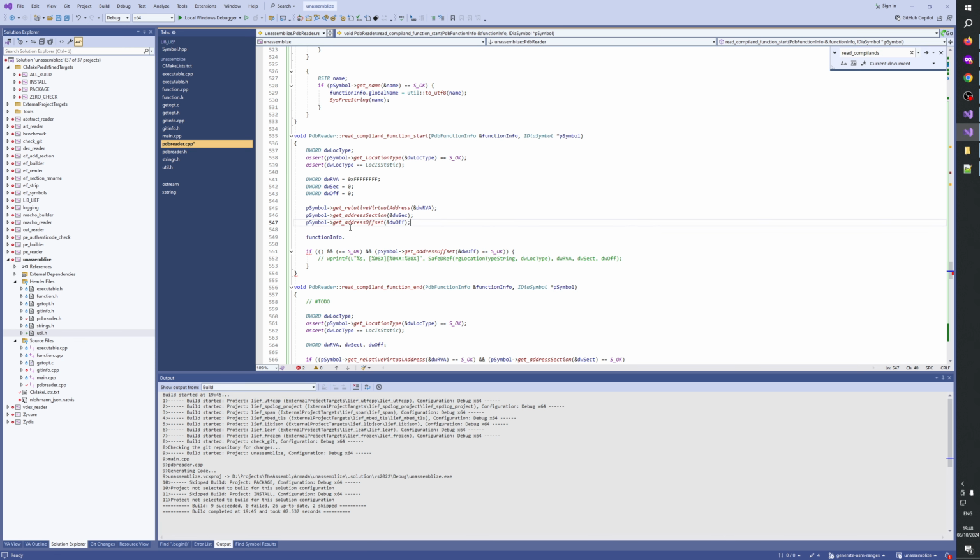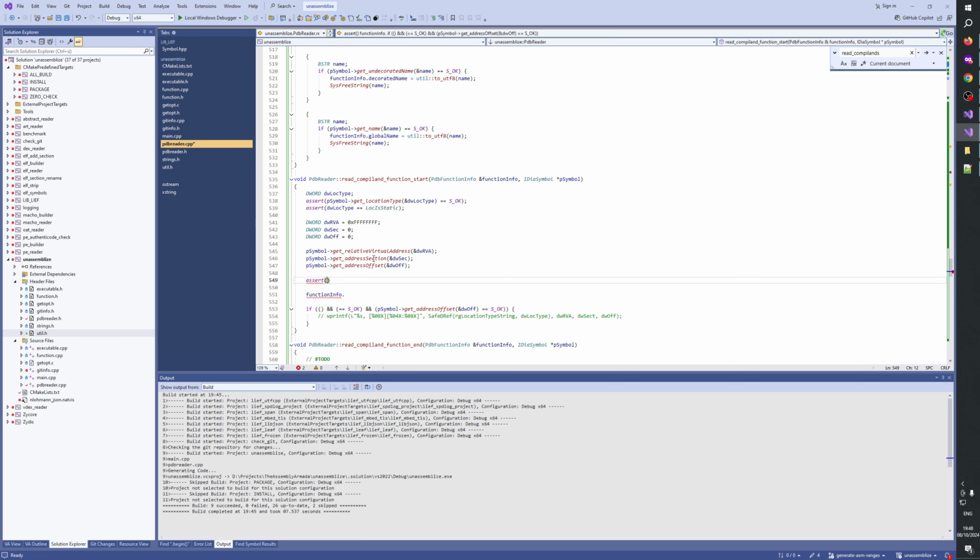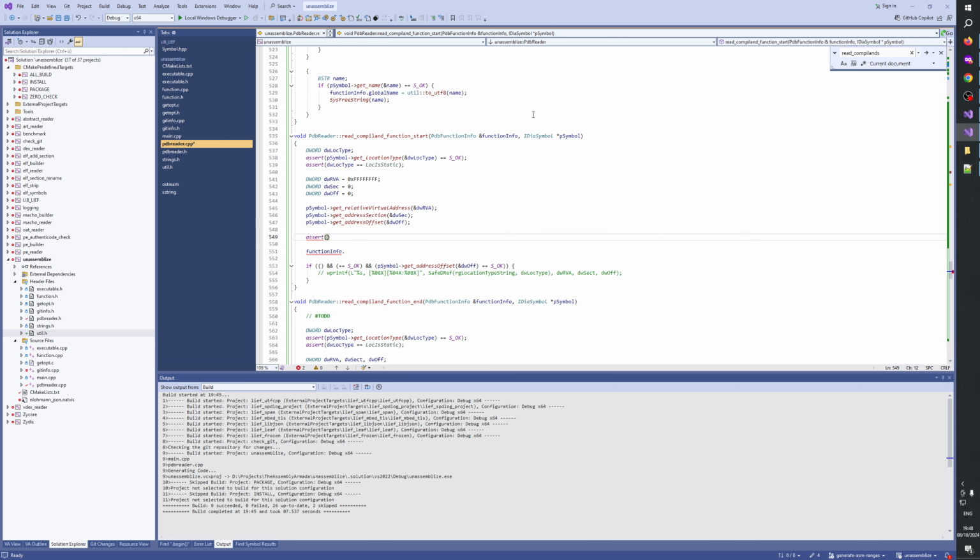Aha, okay. So what we simply do is we just put asserts here actually. That's it. So this function does nothing other than asserting. Okay, well that's fair. So function info dot address offset equals